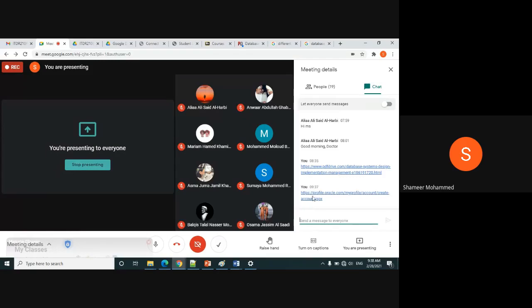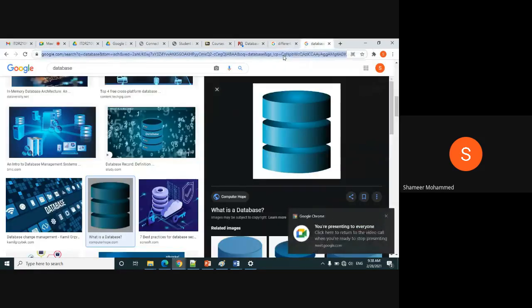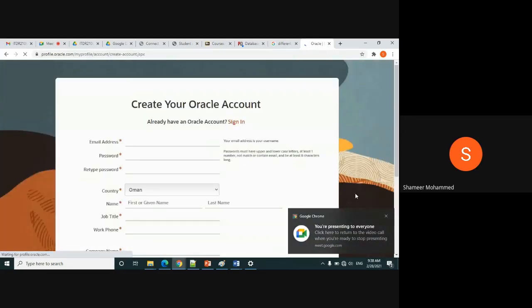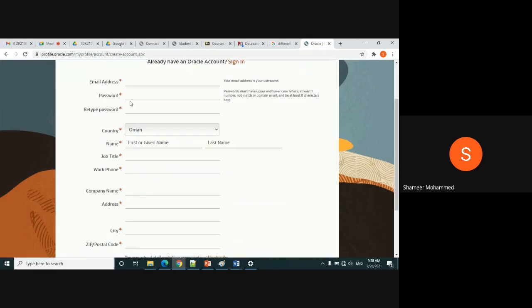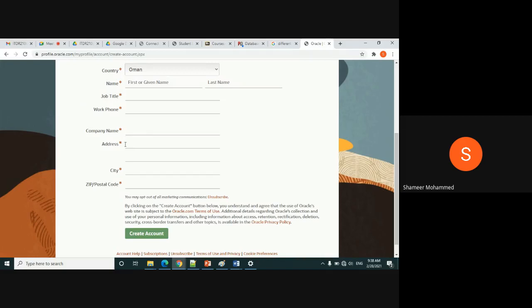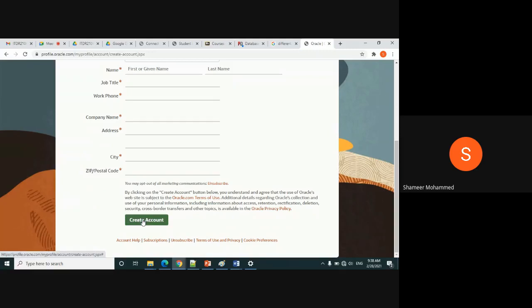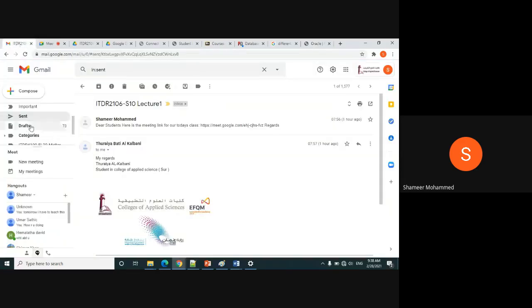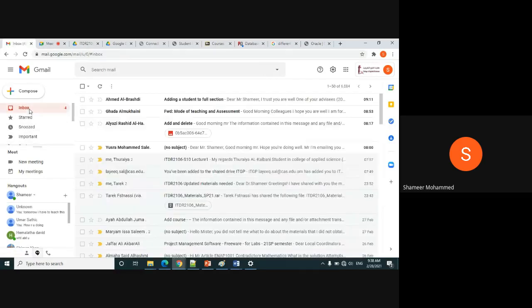If you click this link, you will go to the home page for creating the account. You type your email ID, a password of your own choice, your first name, last name, phone number, college name, address, city, and the PIN code. Then click create account.